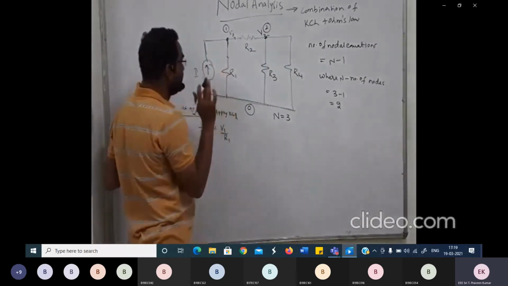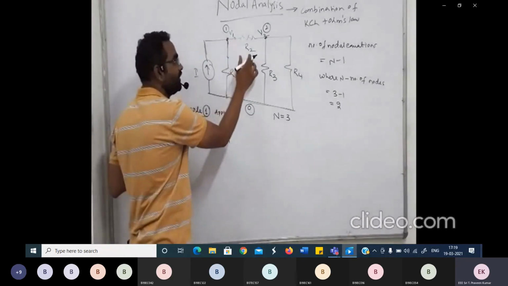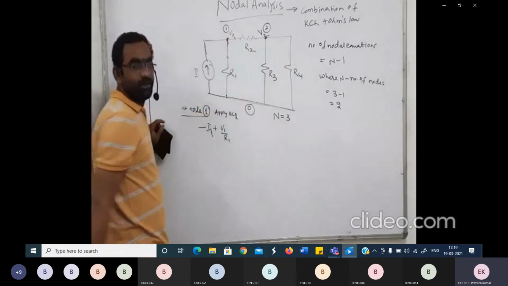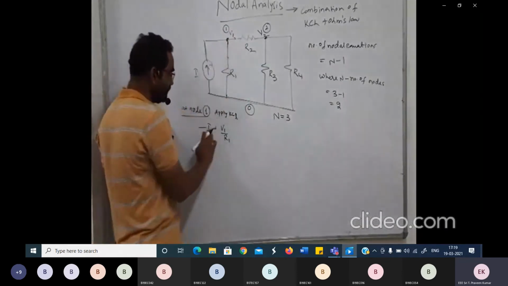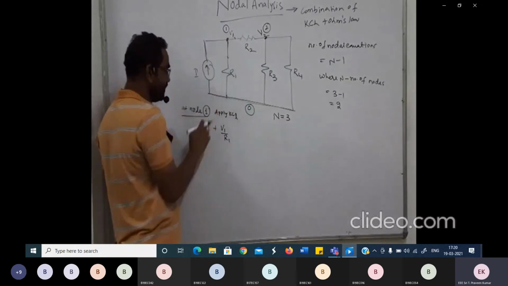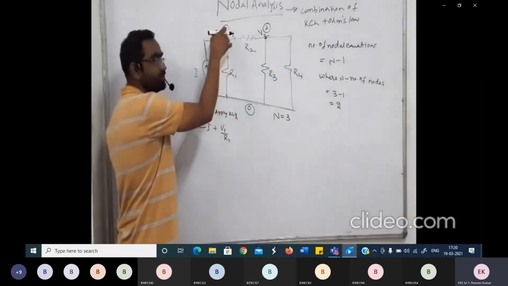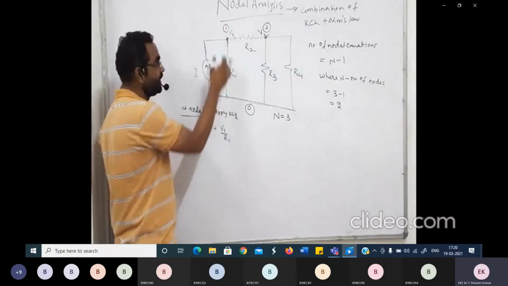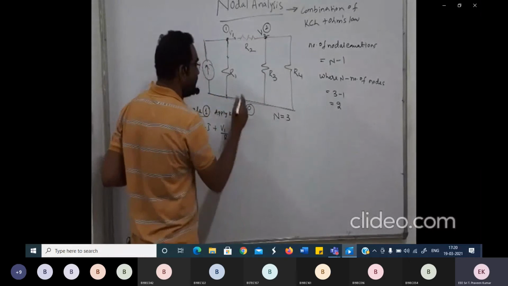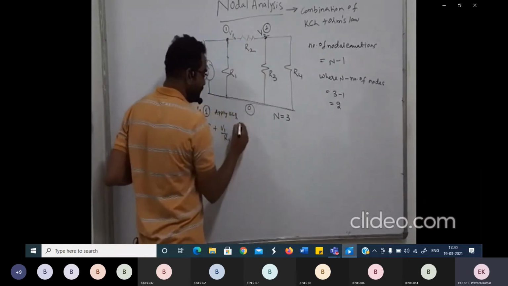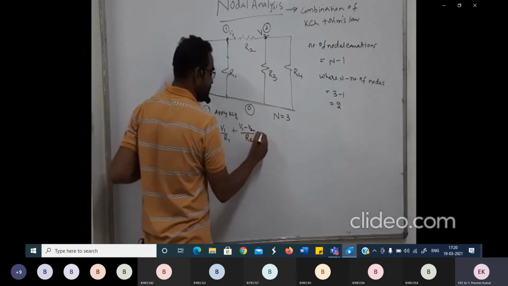Now the basic elements connected here are: one source is connected at node 1, R1 is connected at node 1, and R2 is also connected at node 1 and node 2. You have three terms in the first equation. We have written minus I, the current towards the node, which I have taken as negative. Now this is V1 by R1, and because current always flows from higher potential to lower potential, I take it as V1 by R1. Then the current flowing in this is nothing but the net voltage across R2, which is V1 minus V2 divided by R2. This is equal to 0.